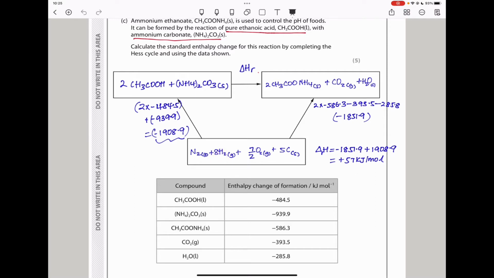And lastly, for oxygen, I need to see these are 2, so that's 4, plus 3, that is 7. To create 7 using an element, it should be 7 over 2 O2. So I have balanced everything here, giving me that. Then for the other side, we can see it should be the same, because if that gives us that, that